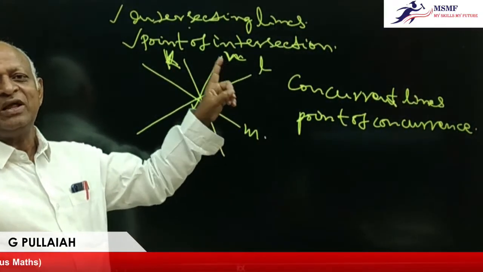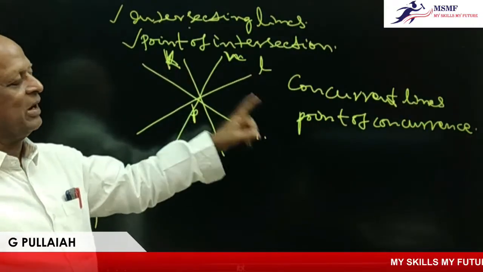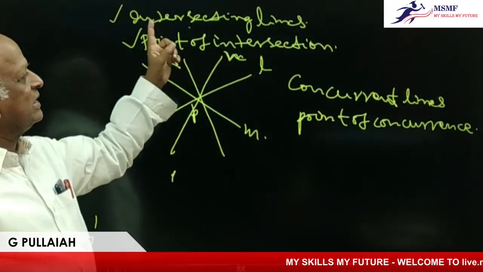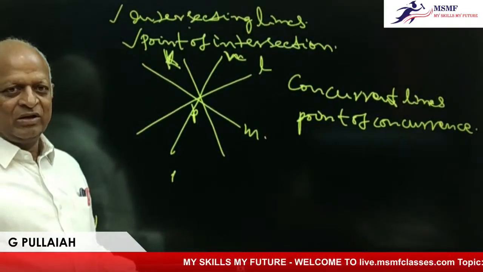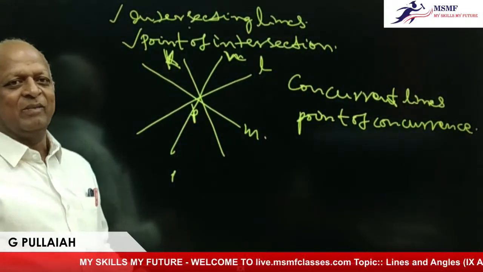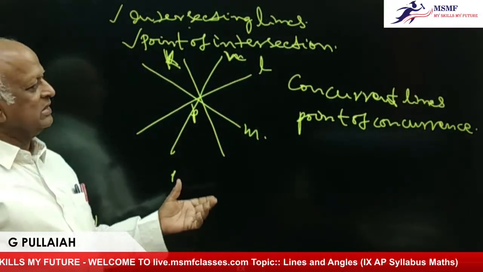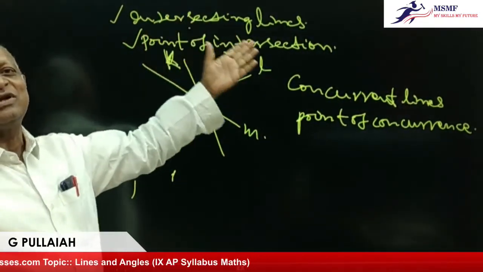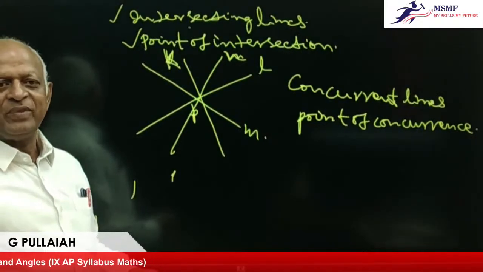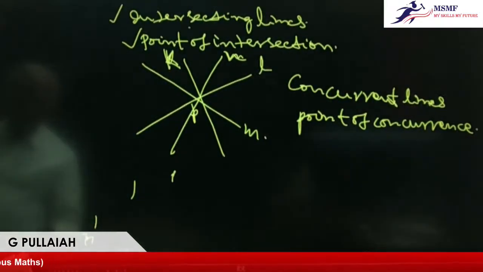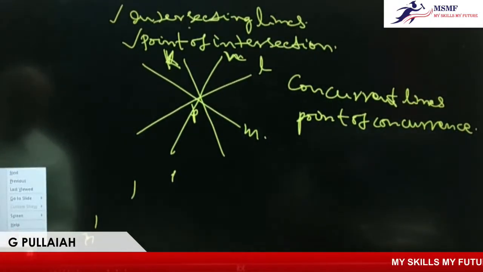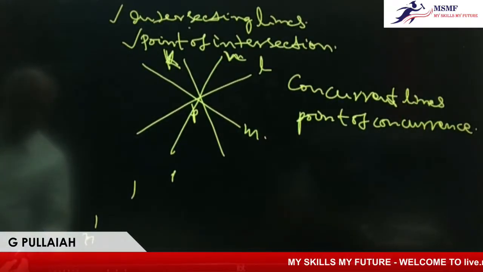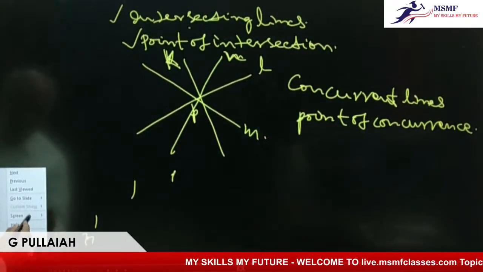The terminology is very important here. All the concurrent lines are also intersecting lines, but all the intersecting lines are not concurrent lines. Clear? Okay. Now,